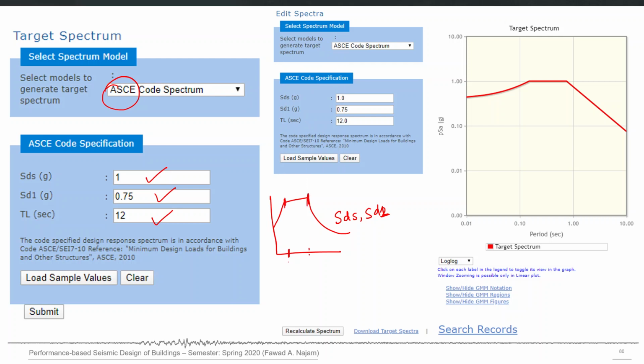This is also a function of SDS and SD1. This point where there is TL, this TL has to be provided. So these are the three inputs required to construct the ASCE code spectrum. If you provide any values, it will plot this spectrum and then use it to scale the ground motions.